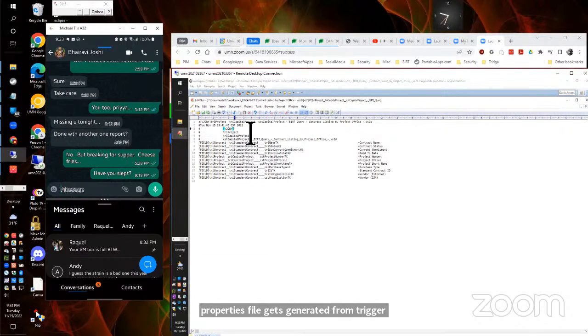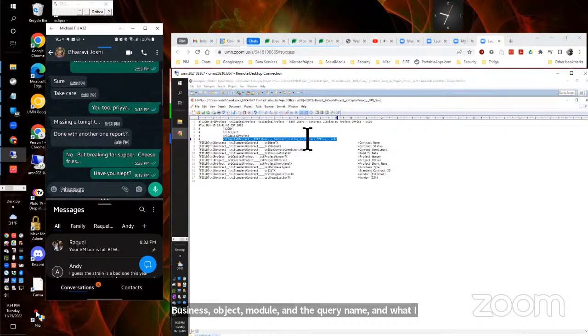So what I did is I'm assuming the # is a comment. I've added the object module, business object module, and the query name. And what I did is